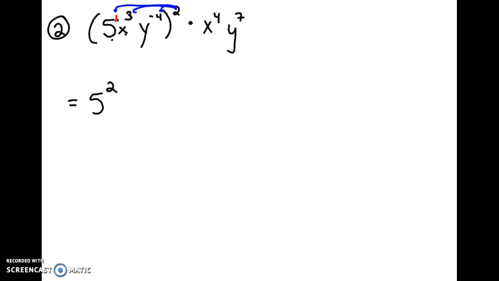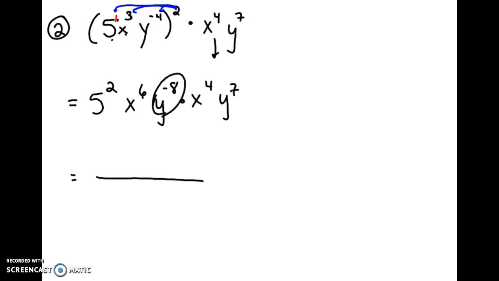X is going to be to the 3 times 2. Y will be to the 4 times 2. And then this stuff I'm just going to bring down, x to the 4th, y to the 7th. And then I notice I have an exponent here that's negative, so I'm going to take care of that. So 5 squared, x to the 6th, y to the 8th is going to pop down, x to the 4th,